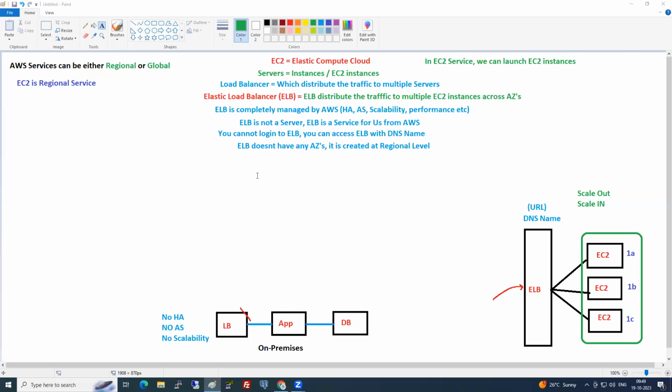Beanstalk will come and stand in front of you and ask, tell me what should I do for you? Like a genie. And you say, take this application. So it will do everything on your behalf and give the URL to you. That's it. Simple. So Beanstalk is like a platform as a service.